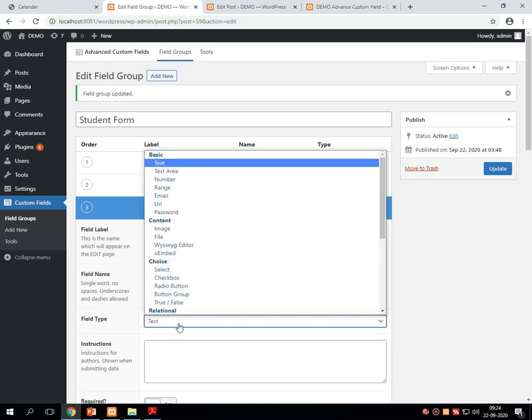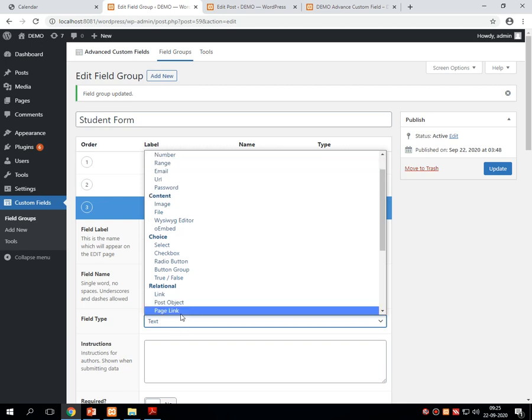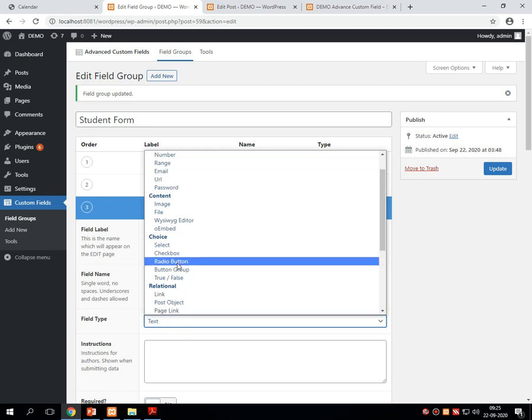Automatically there will be a gender, then text area, number, range, email, URL, password, image, file, WYSIWYG editor, choice, select, checkbox, radio button.